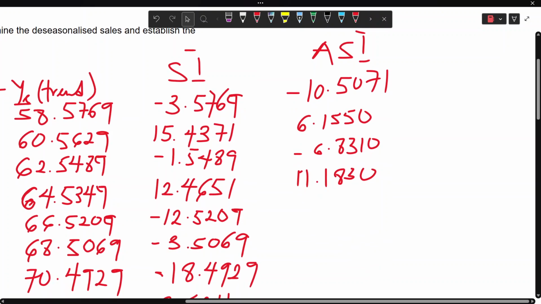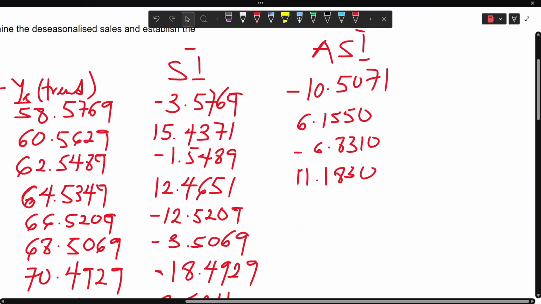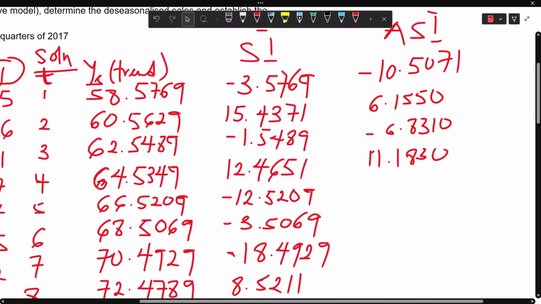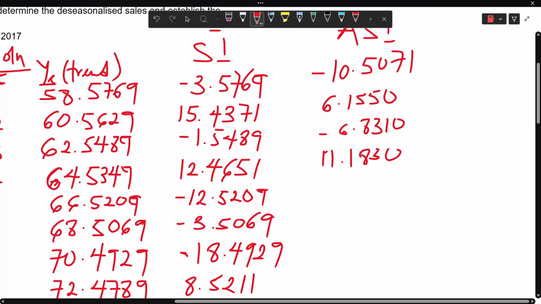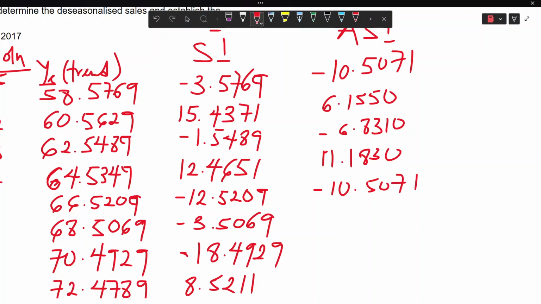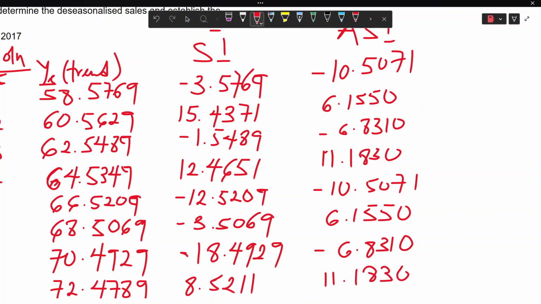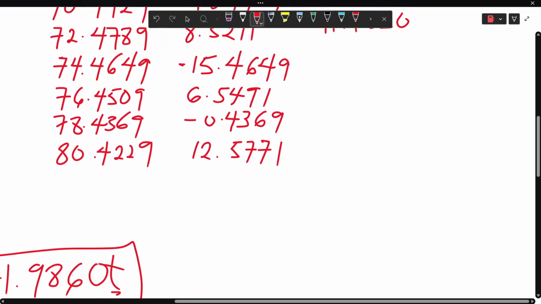Repeat the same thing for year 2015: -10.5071, 6.1550, -6.8310, 11.1830. And for the last year,